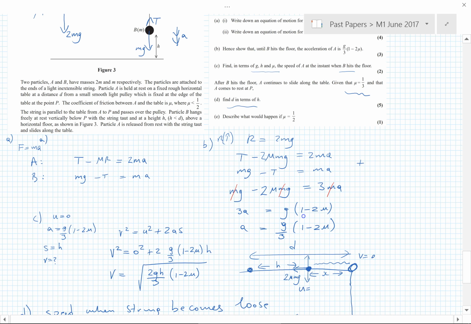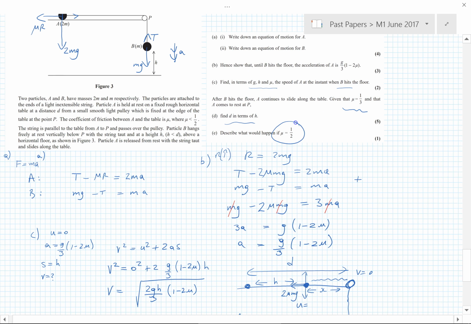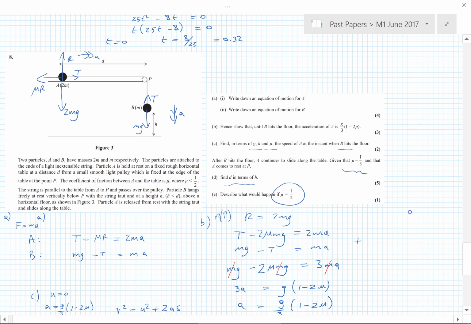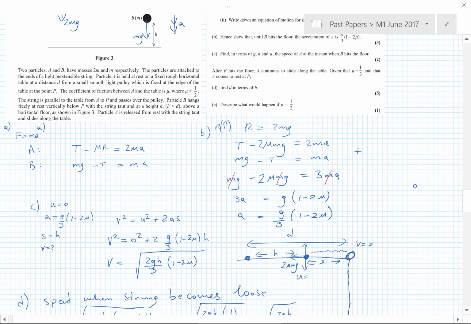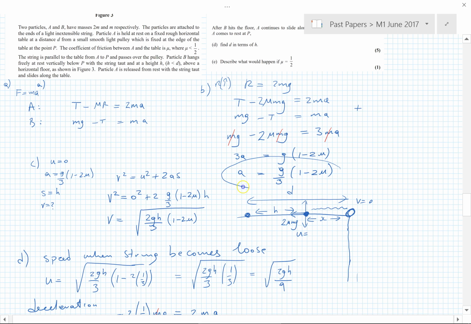There is one mark at the end. Describe what happens when mu equals half. You may have noticed this thing written in the question here, if mu is less than half. It's not defining the question carefully, because if mu were equal to half, or indeed if mu were more than half, it wouldn't move. If you look at the acceleration here,